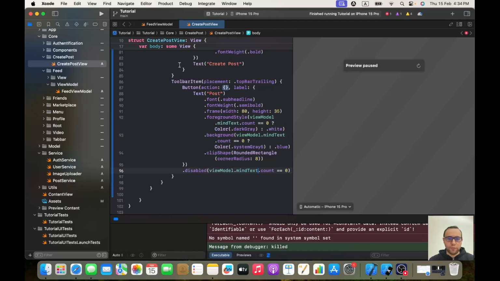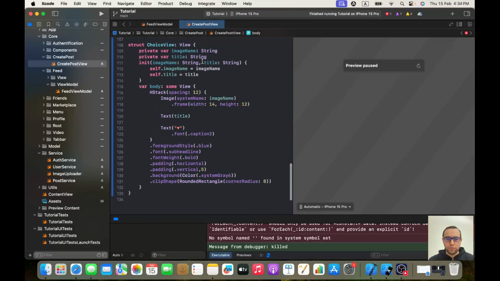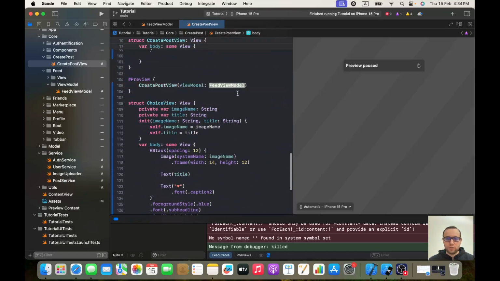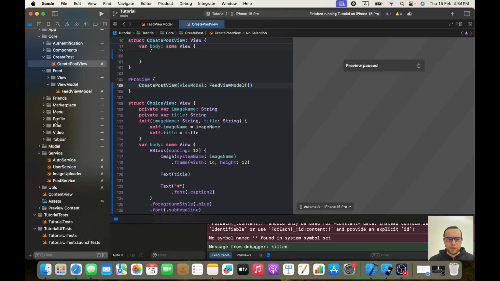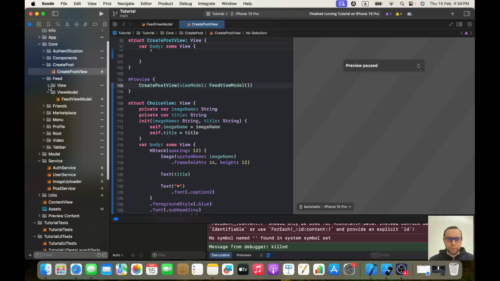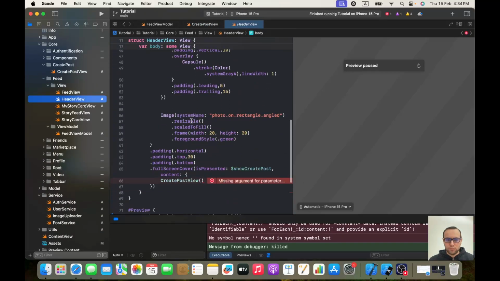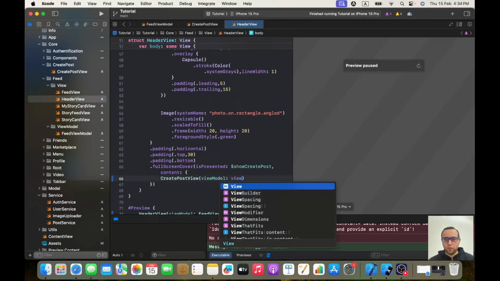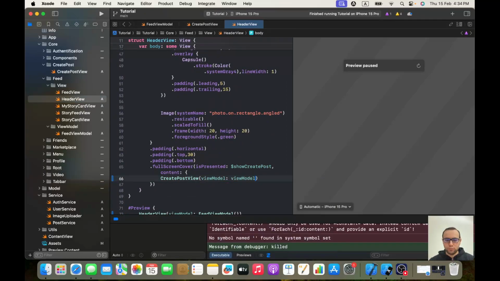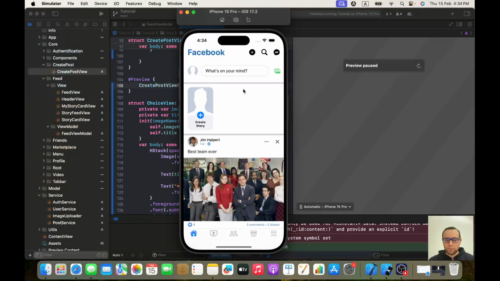Okay, perfect. Also we need to pass the view model to CreatePostView. So here first let's give it FeedViewModel, and I think inside my header view, so in feed, in header view, I should pass the view model here. Okay, perfect. The second thing, of course, is